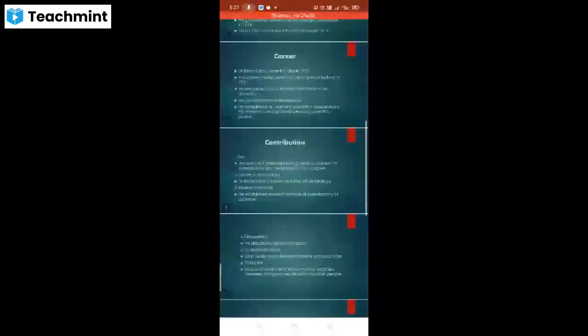Now let us see the contribution of Dr. Birbal Sahni in paleobotany. He was awarded DSc degree by University of Cambridge for his research in paleobotany. He is also known as the father of dendrology. Research Institute of Paleobotany at Lucknow was established by him. He described Glossopteris plant. He worked on evolutionary trend in pteridophytes. Dr. Birbal Sahni concluded that there must be trade link between Harappa people with mountain people.